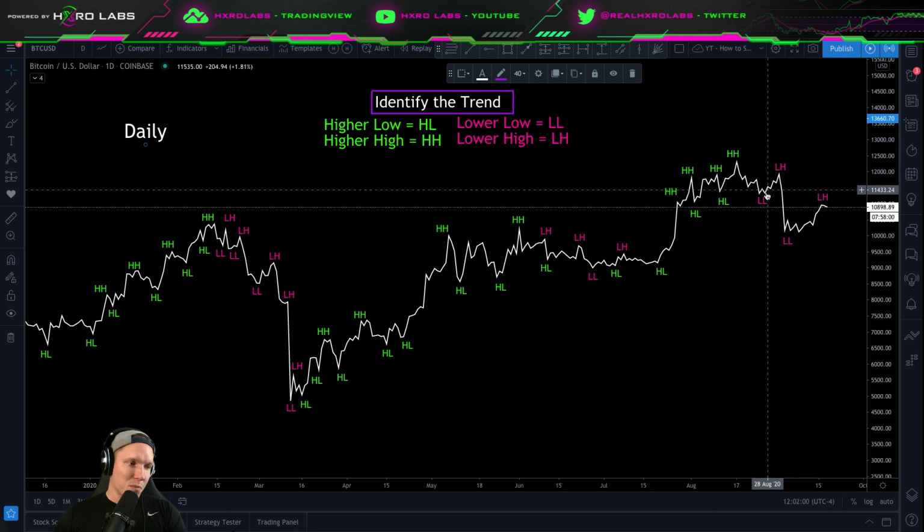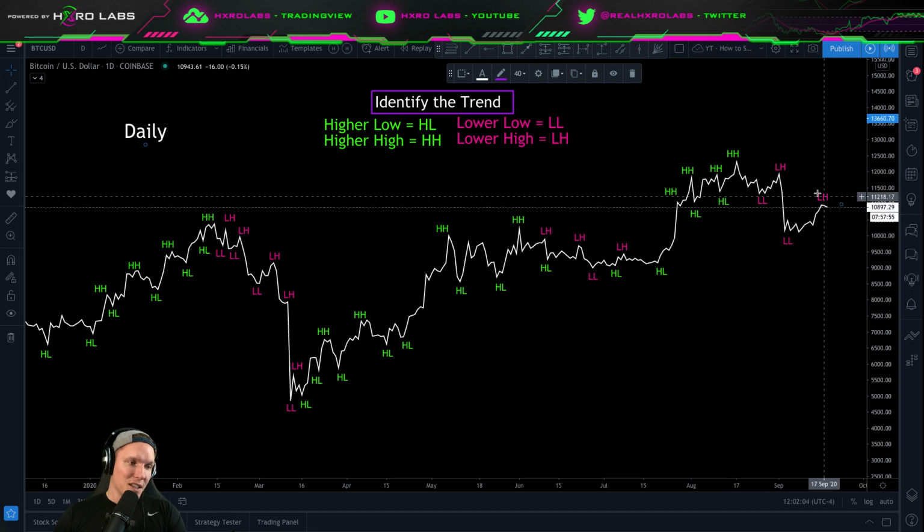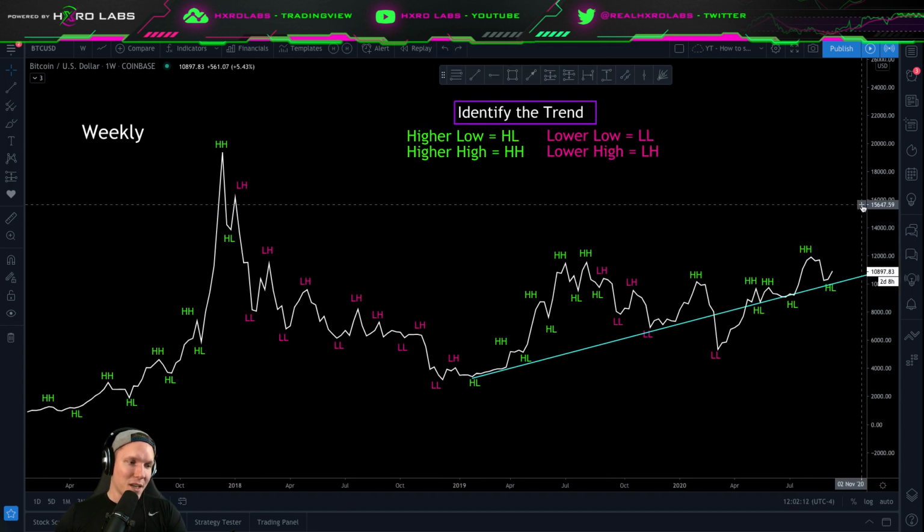On the daily, we've actually just put in a lower low than right here, and then a lower high, and we dumped to the lower low. This potentially is a lower high. If we weren't looking at this daily, we would see on the weekly, oh, higher low, and we're just moving off. So that's why it can be really confusing,